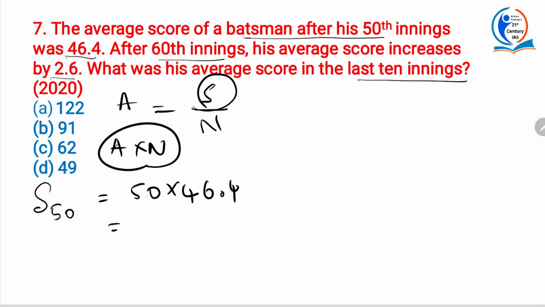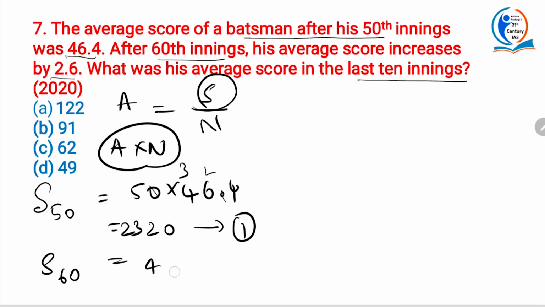So that is 4 5 this point, and the 0 will go. Okay, so 4 5s are 20, 4 6s are 24, 24 plus 6 is 30, 5 4s are 20, 20 plus 3 is 23. So 2320. Otherwise you can do it as 464 into 10 by 2 also. All right, now this is the first one. Now, what is the sum of the runs in 60 innings? That is 46.4 plus